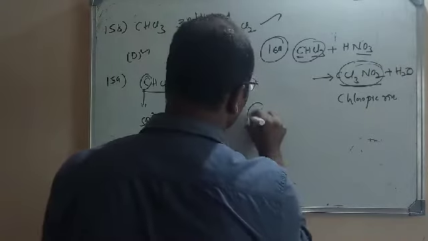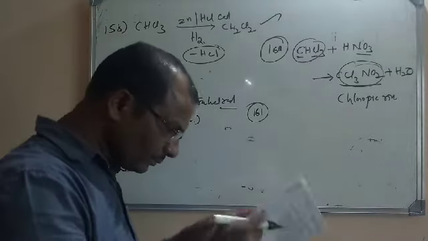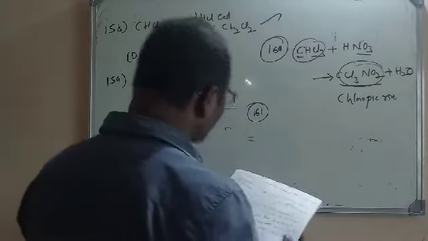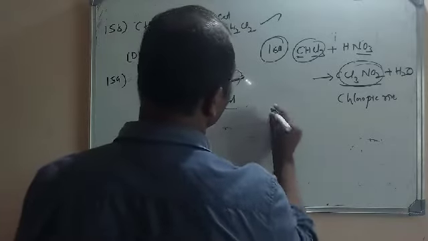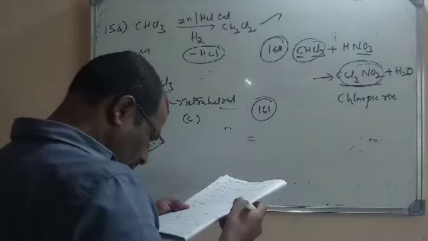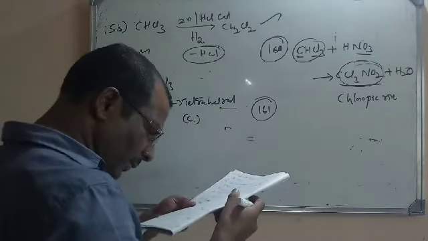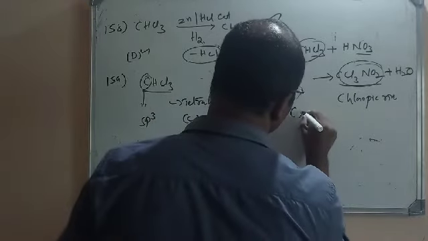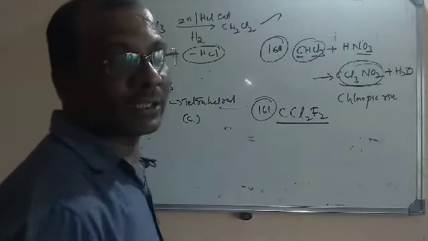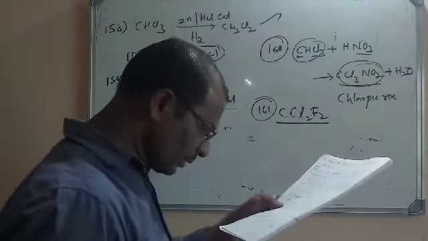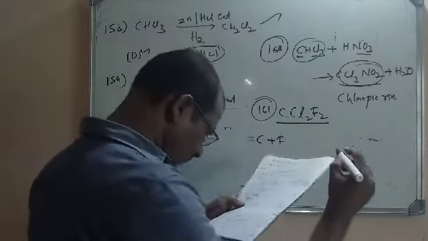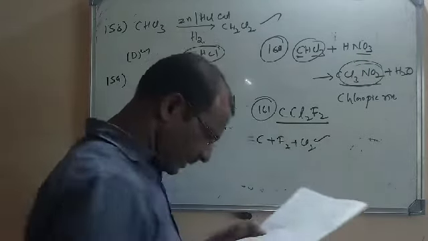Let us go for the next question. We'll move to question number 186. Next model questions. Or we can continue with some more questions in this model. Which set of reagents will produce CCl2F2, dichlorodifluoromethane? First one, C plus F2 plus Cl2. No, direct reaction is not possible, so it is not the correct set here.